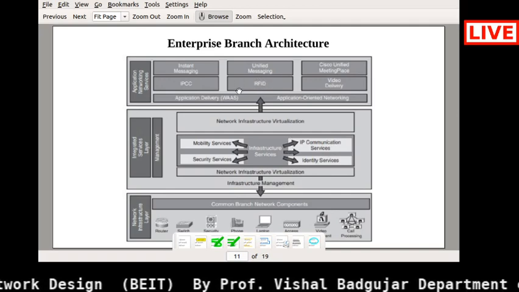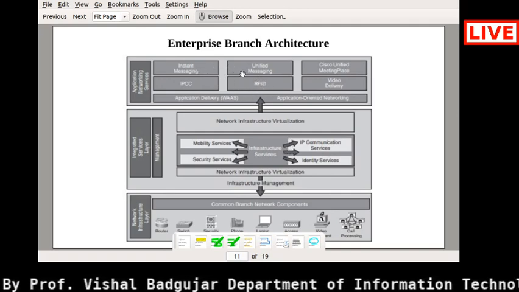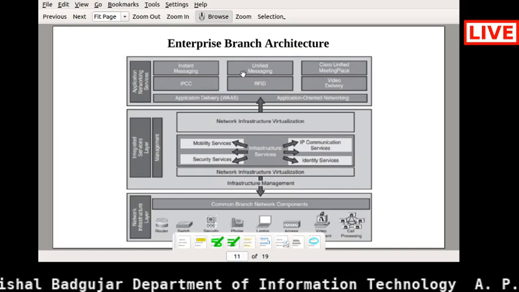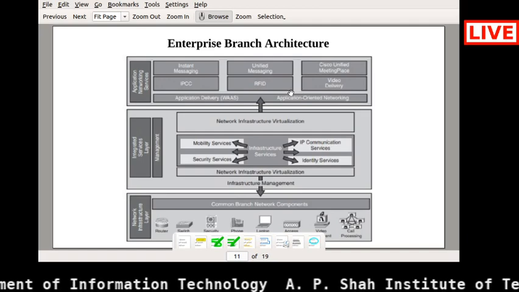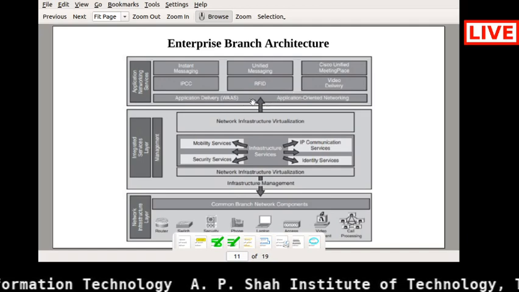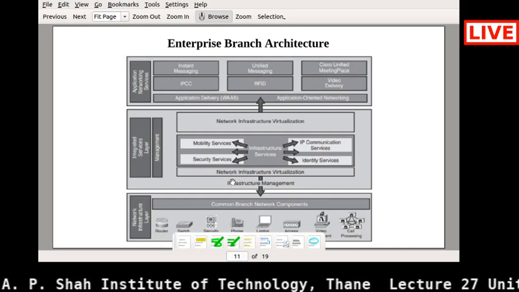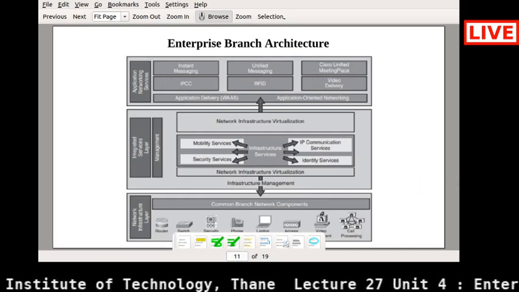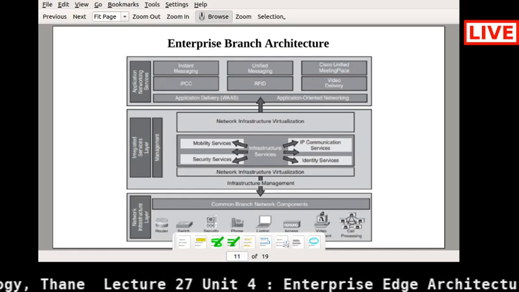And then with respect to application, instant messaging will be there, unified messaging over there. You can use this particular Cisco Unified thing, right? Then video delivery, all this kind of thing with respect to your application oriented, right? So you can see this in your branch architecture, right? So also if you're talking about the branch